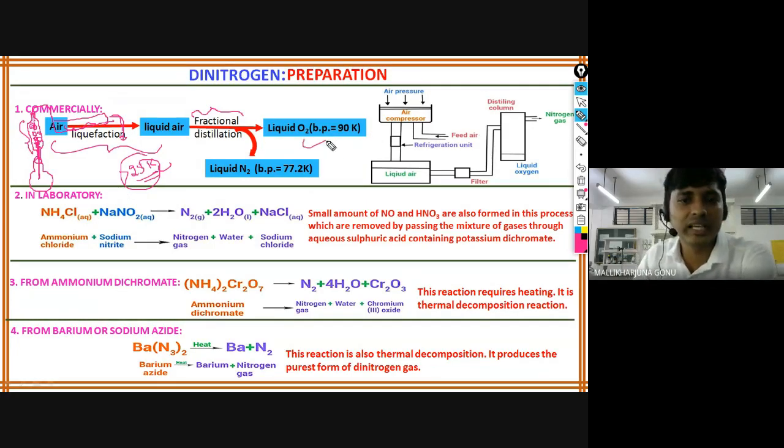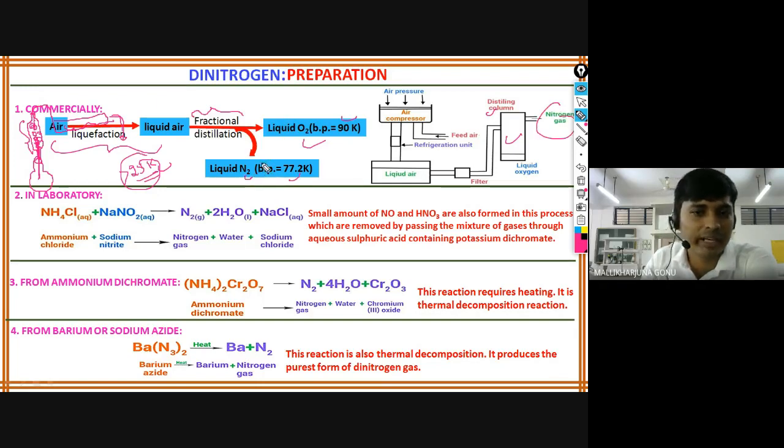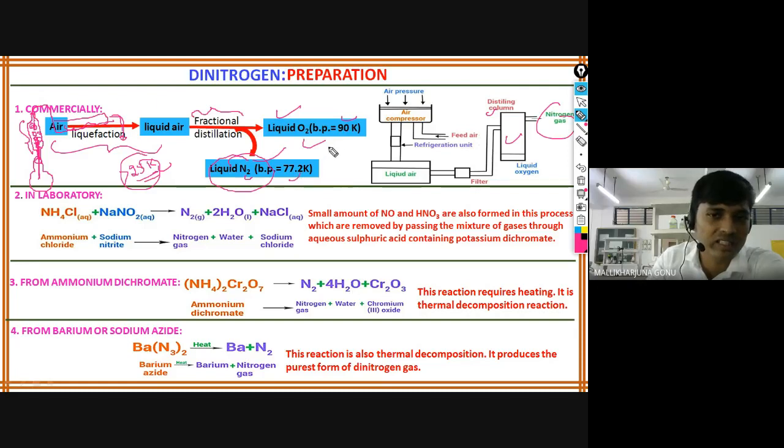In this case you can see 90 Kelvin, 77, the difference is below 25 Kelvin, right? So these cannot be separated by simple distillation. There will be columns, like fractional columns, a distillation column. There nitrogen gas is separating. First liquid nitrogen is converted into gas. That's how this can be obtained. Along with the oxygen, carbon dioxide and the rest also will be there. First carbon dioxide can be separated out, then later nitrogen, then oxygen.